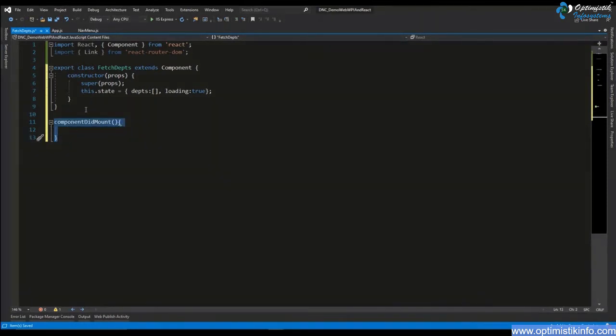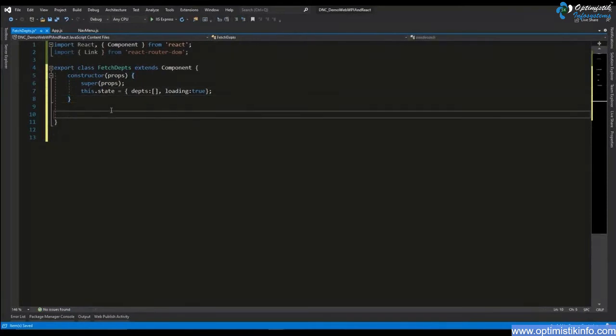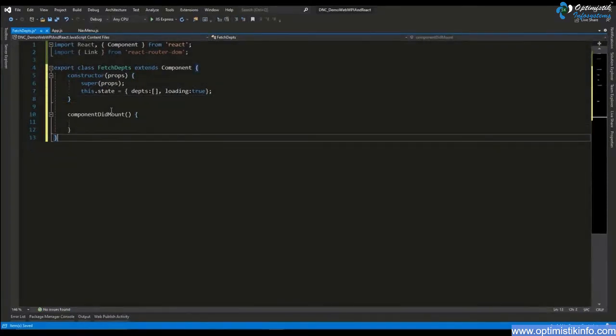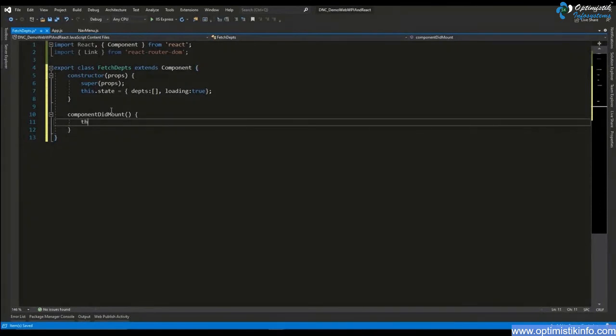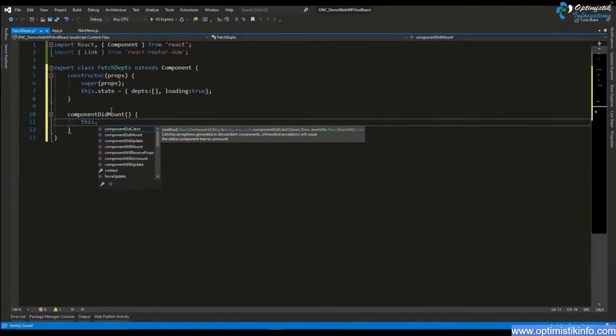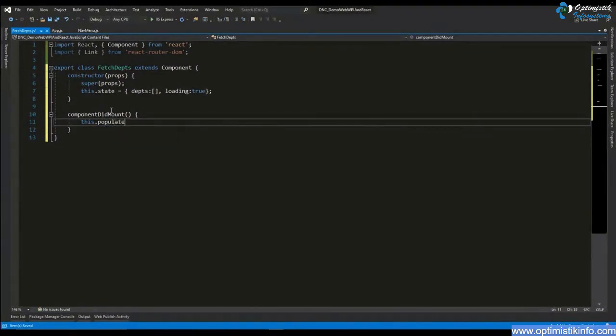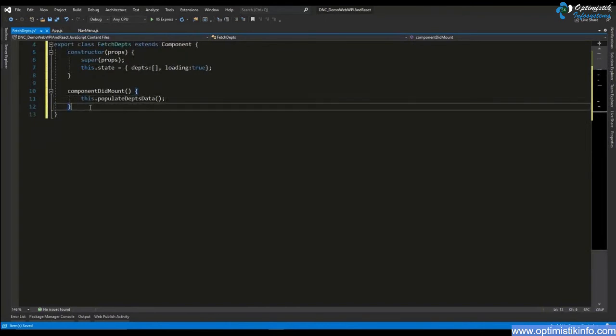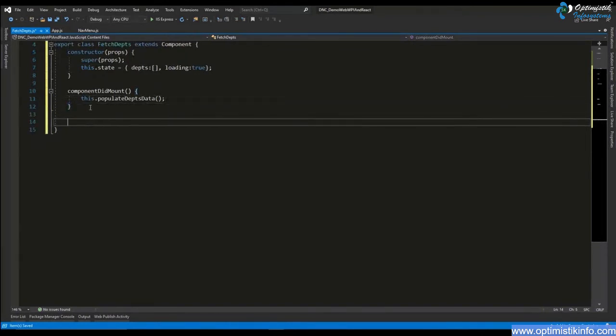Sorry, this should be the part of the class itself. Put it here. And then I have just one statement going into this, which calls a helper method, let's say named populate departments data. Okay, this I said is a helper method, which we haven't created yet. So for that, I'll go further and create the method by this name, populate data,